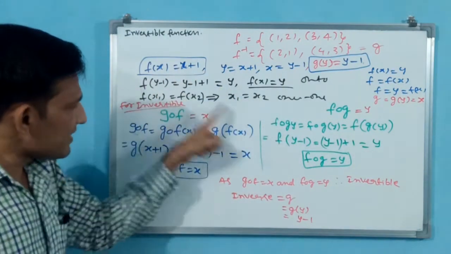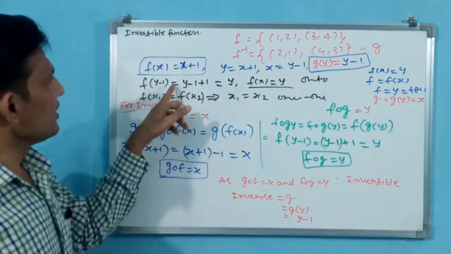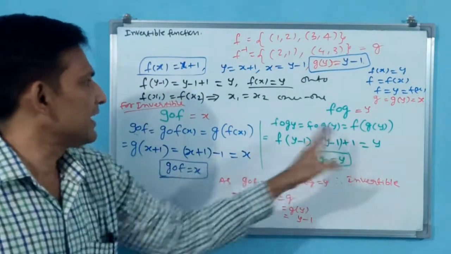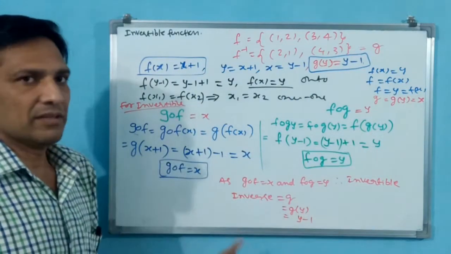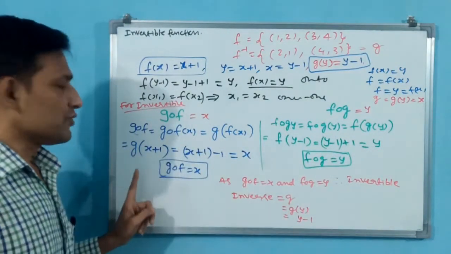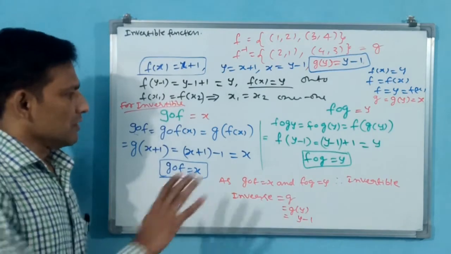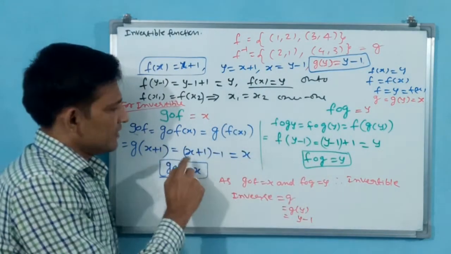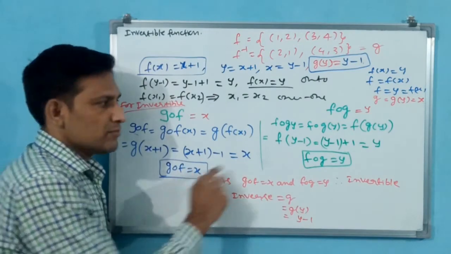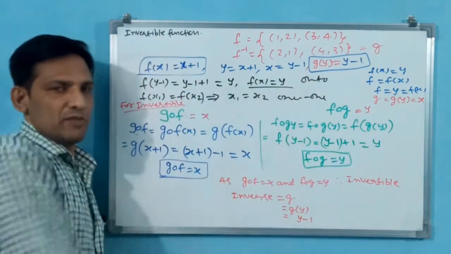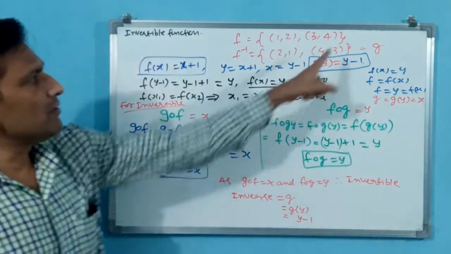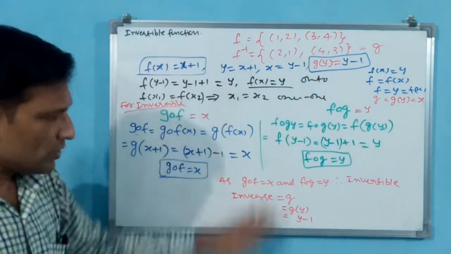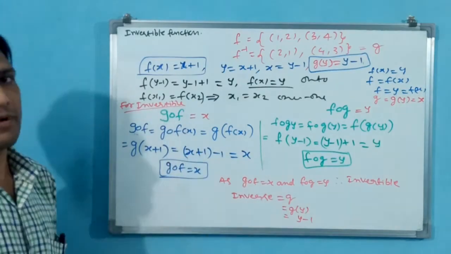See, you can find similarity. Here also y minus 1 plus 1 has come. But this is f o g. f o g you have done, but g o f also you have to do. If both f o g and g o f give x and y respectively, then this is invertible. Then g automatically becomes the inverse. This is the procedure. You note this down, then we go for the 6th problem.